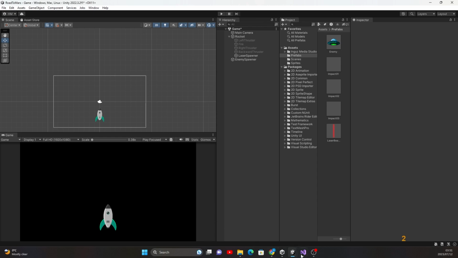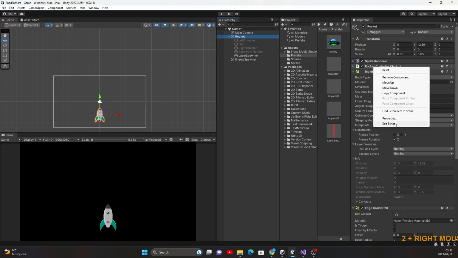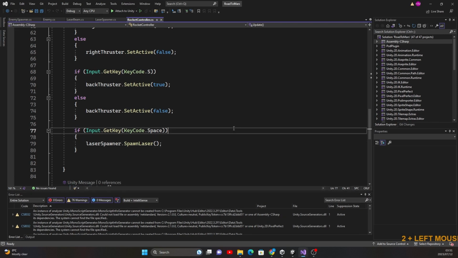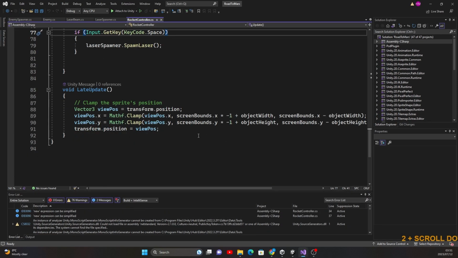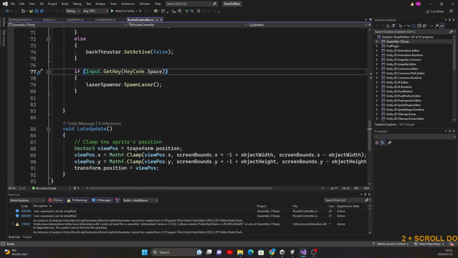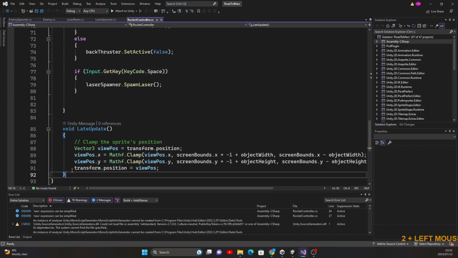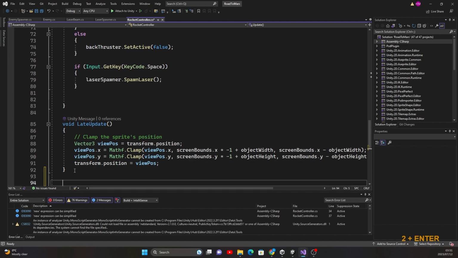To do that, we'll go into our rocket, into our spaceship, into our rocket controller script. And what we need to do is find a way of looking whether or not there have been any collisions with our ship. We can do that with the on collision enter